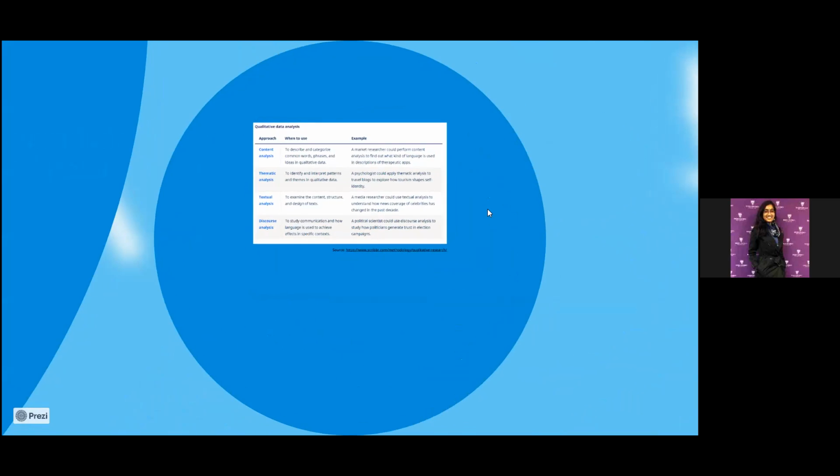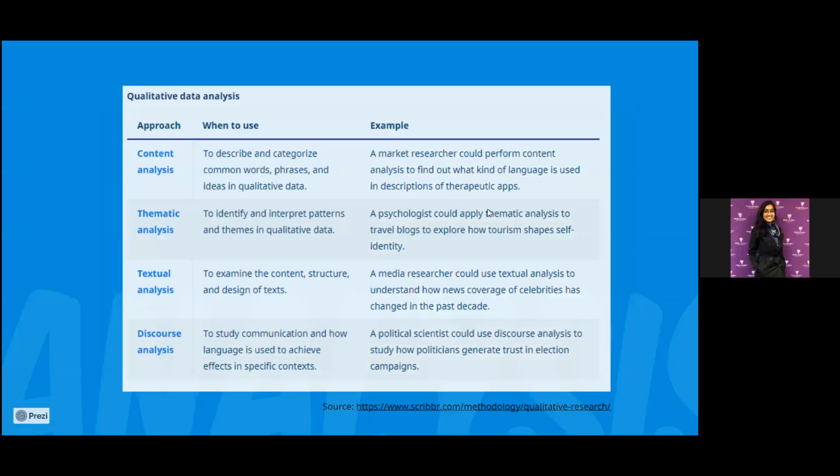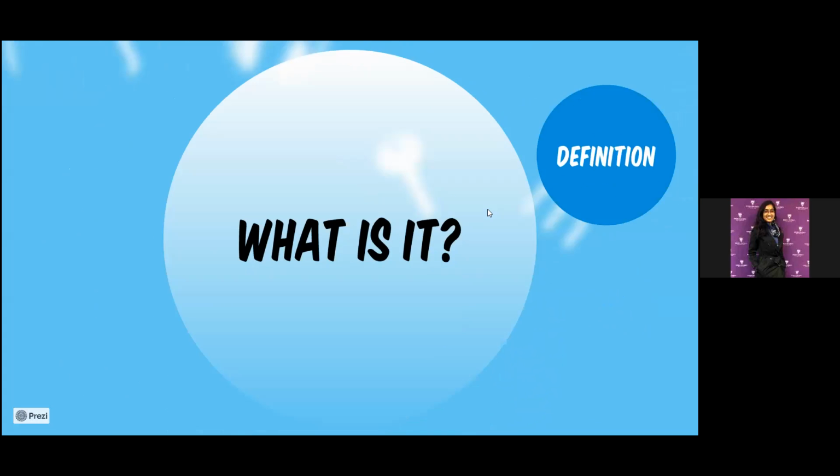So now we look at the analysis. Now I won't go too much into detail here because I will be sharing actual examples of analysis so you have something to go on. But these are some of the kinds of analysis you can do on the qualitative data that you obtain. For me, thematic analysis is something that I have conducted recently. Have an understanding or interpret the data that you obtain and find out what people think and feel about the phenomena. That is the point of it all. Moving on,